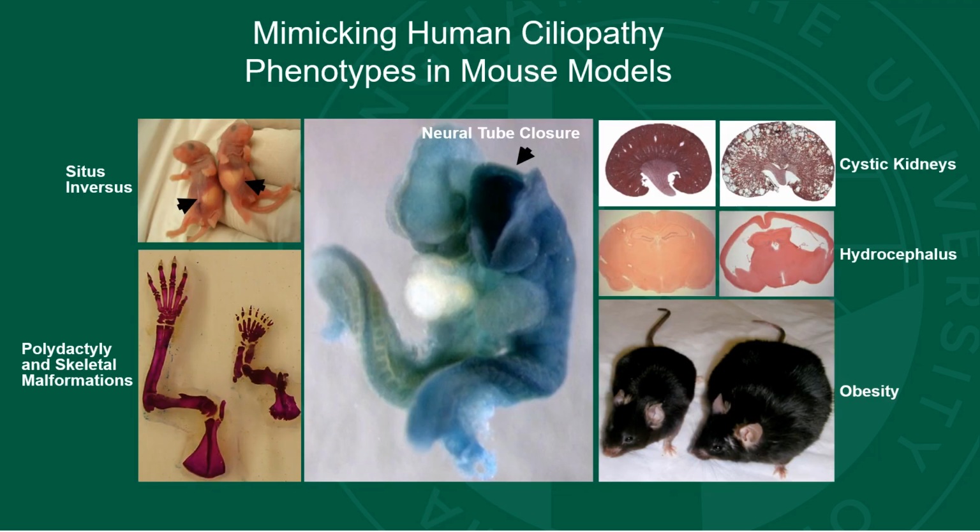What my group has been trying to do is to study these disorders by generating mouse models that mimic different aspects of the human ciliopathy phenotypes. This includes mice that develop situs inversus. The body plan is reversed, shown here by the stomach on one side of an embryo and on the other side of another embryo, along with skeletal abnormalities, neural tube closure defects, cystic kidneys, hydrocephalus, as well as metabolic disease associated with loss of cilia on a group of neurons in the brain that leads to obesity and